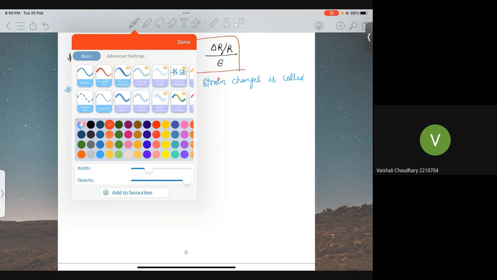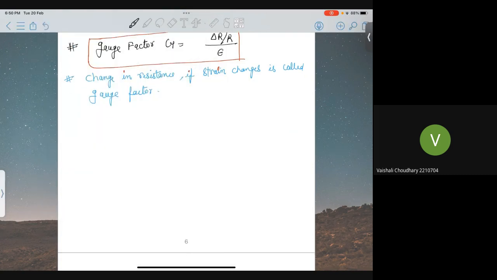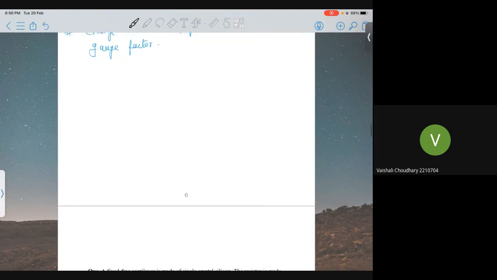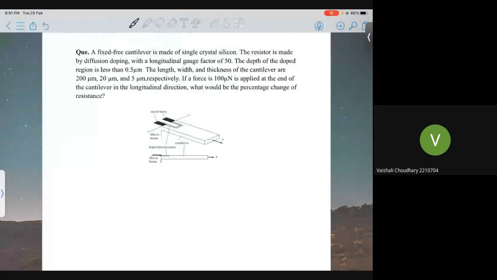Now let's solve one problem using silicon. The resistor is made by diffusion doping with a